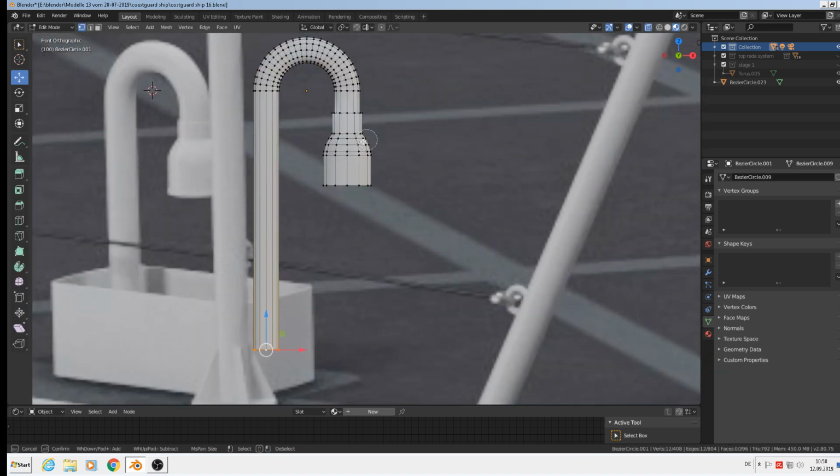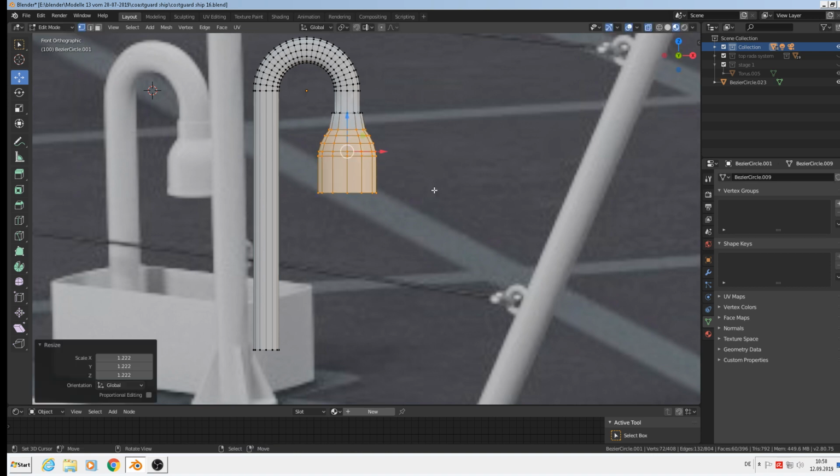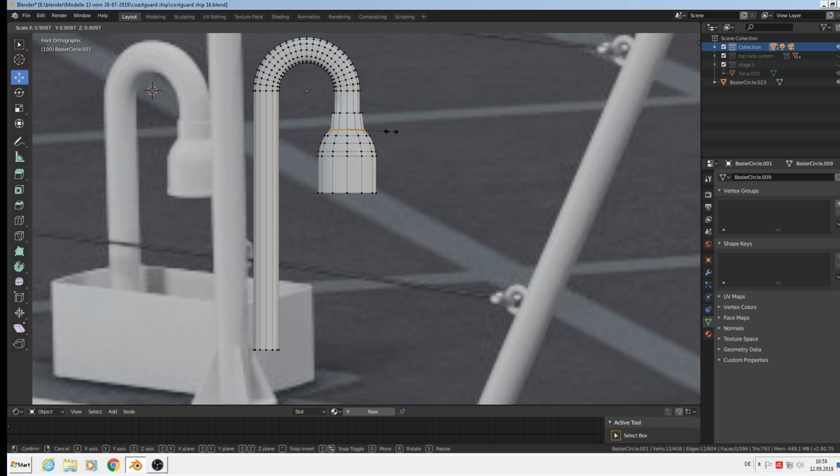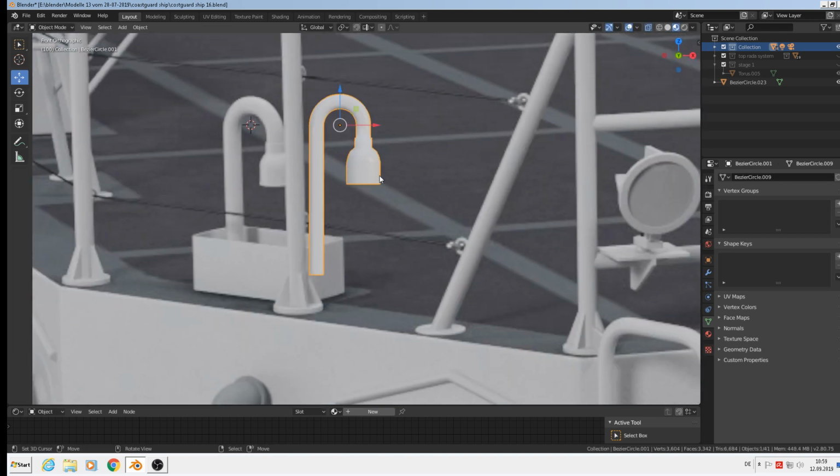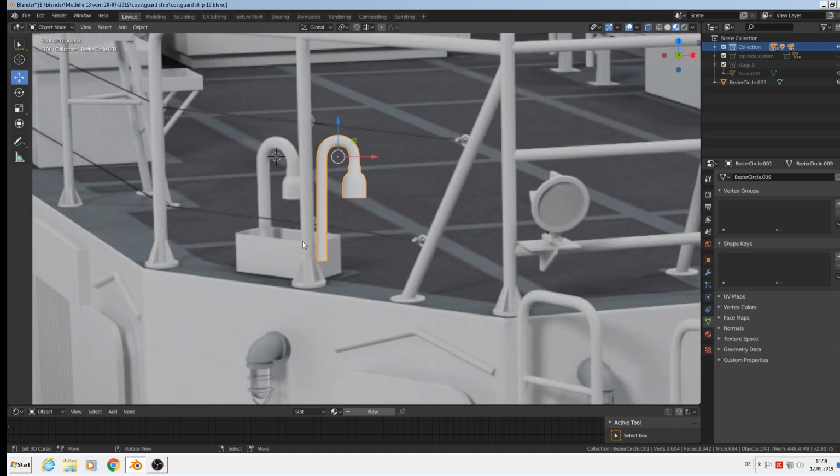So all in all, we need to select that here and scale that. Then we can make that bigger. Then we can make that here smaller, and then we have that. Good. We need this,